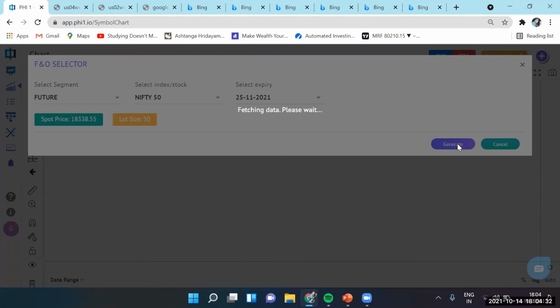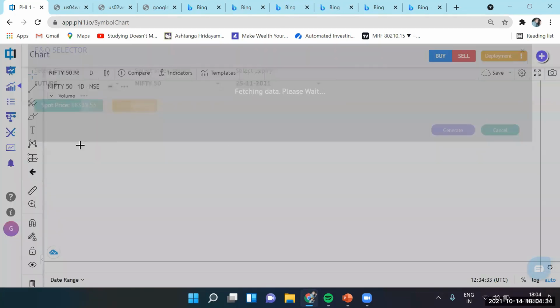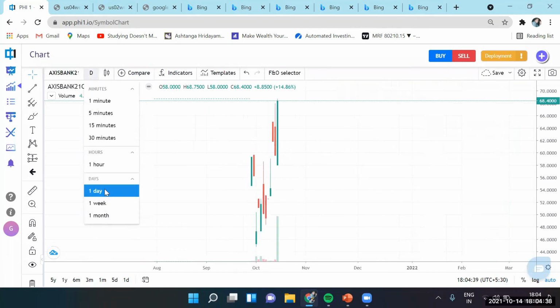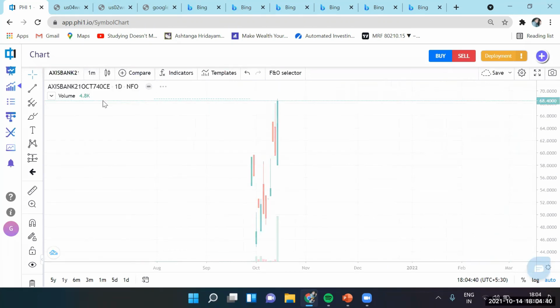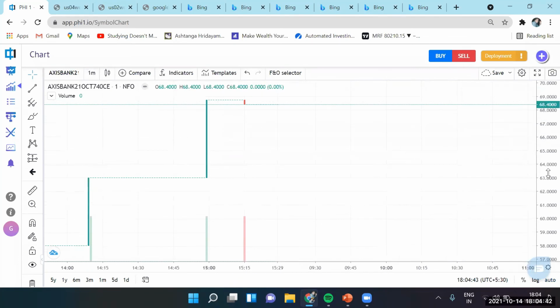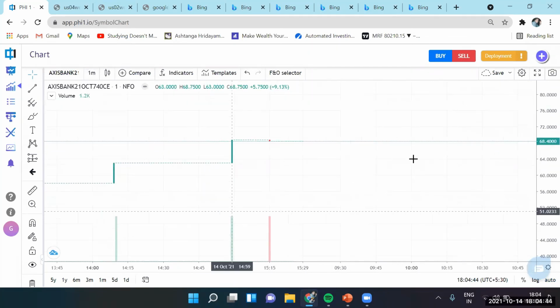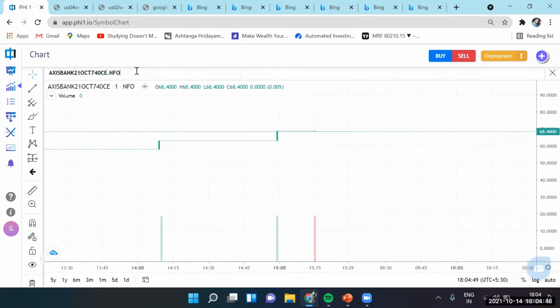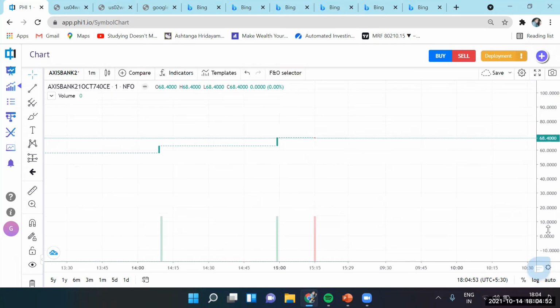This is not usually available in most platforms. We have this data for all the symbols, and we have it for all time frequencies, going all the way down to a minute. And during live market hours, it will get updated with each tick in the markets. The one that you selected is a bit out of the money, so it's a bit sparse.